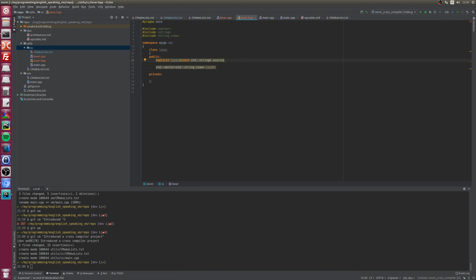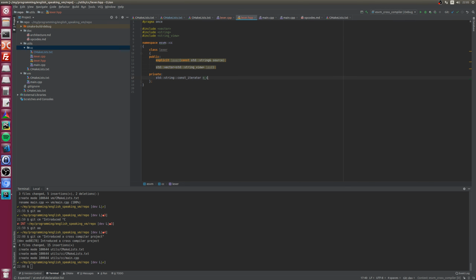Okay. Let's here just store that reference. Now let's store iterator. Const iterator.